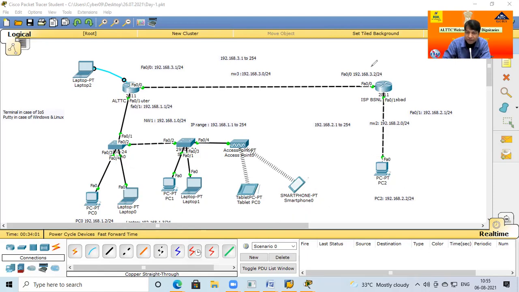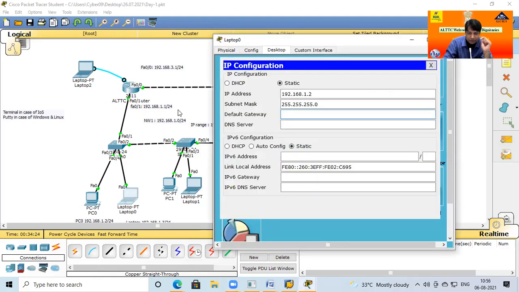So gateway is nothing but any router port, through which we can move from one network to another network. Again, to be clear, one router port is one LAN, you can say one network. So from one port to another port you go. This is a gateway, and this is another gateway. Now just click here. What is the IP address for this port? This is the gateway 192.168.1.1.